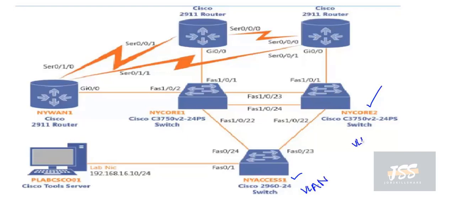As you know, we cannot configure IP on the interface of the switch because it is layer 2. So we can configure the IP address on the particular VLAN. We will troubleshoot why these 2 VLANs cannot communicate with one another, or why the IP configured on this VLAN cannot communicate with one another. This is the scenario. So we will see a particular VLAN is configured on this port of the switch NY access 1, and a particular VLAN is configured on this port of the switch NY core 2.